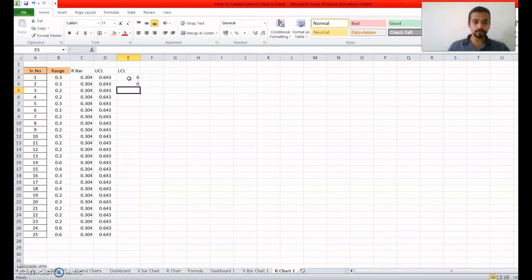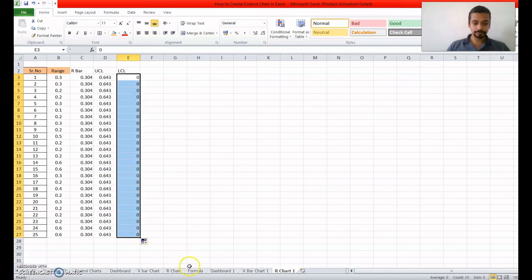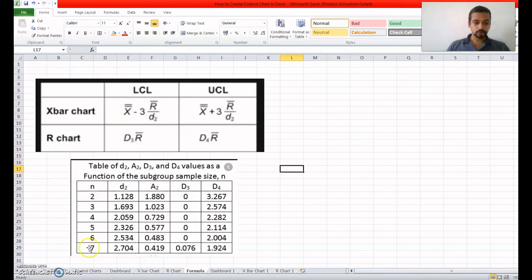So why 0? We'll just look at the formula chart again. Okay. So till subgroup of 6, the lower control limit is always 0. So D3 is 0 till a sample size of 6, the lower control is always 0.